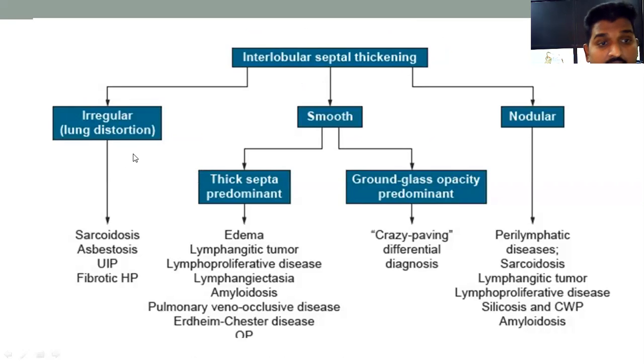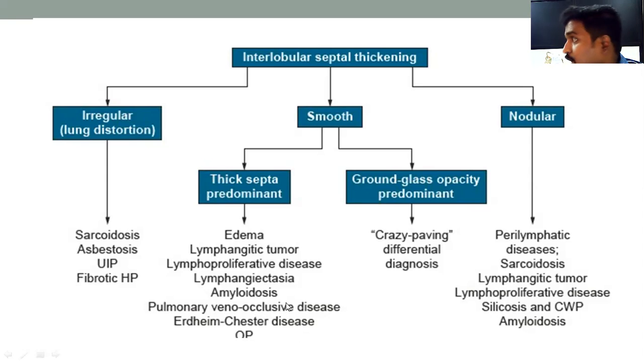If it is irregular along with lung distortion, think of sarcoidosis, asbestosis, UIP, that is IPF, most commonly, and fibrotic HP, that is chronic HP. You will see all these things. If there is no lung distortion, but it is smooth interlobular septal thickening, if it is thick interlobular septa, the most common cause is pulmonary edema, secondary to cardiogenic causes. And lymphangitic tumor, lymphoproliferative disorders, amyloidosis, and veno-occlusive disease, PVOD, is one of the most important differential diagnoses for a patient